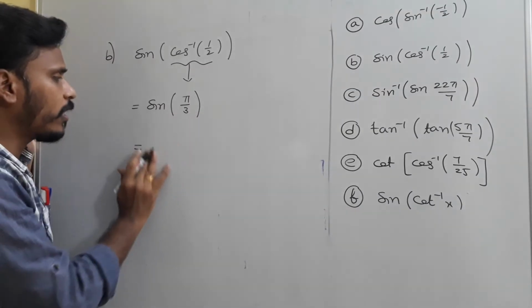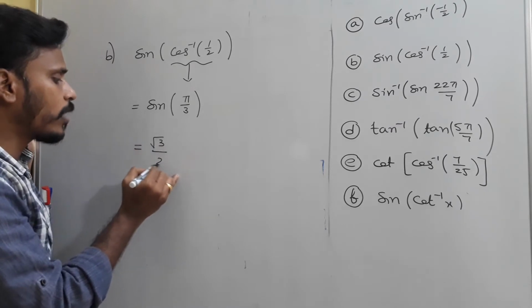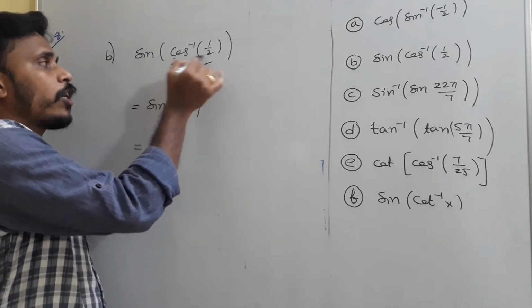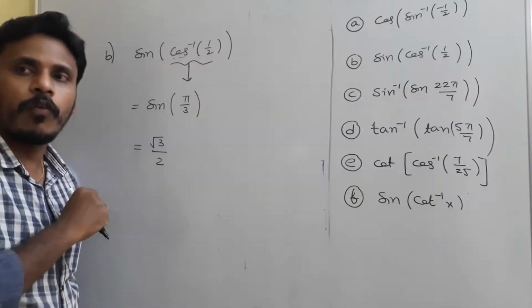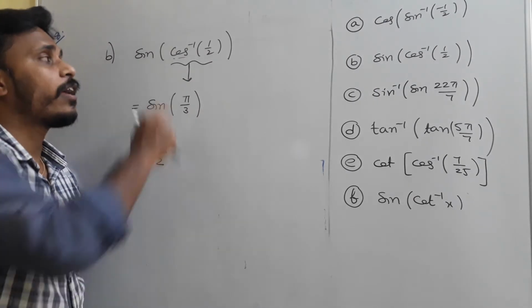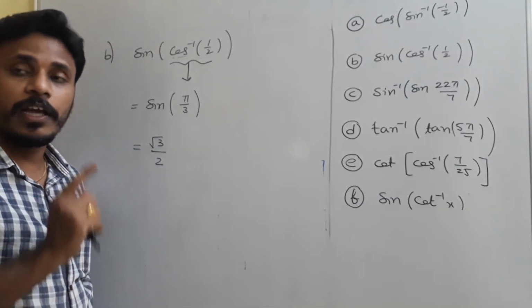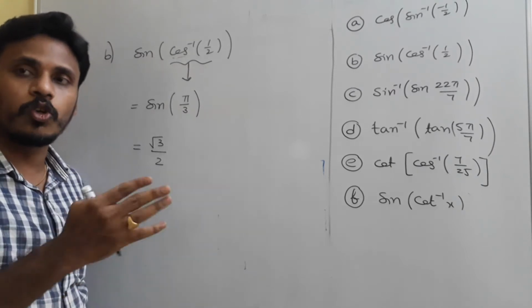Since sine of pi by 3 is sine 60 degrees, and sine 60 degrees is root 3 by 2, your answer for the problem is root 3 by 2. While identifying the angles corresponding to inverse trigonometric functions, we need to think about the input, that number. If that number is positive, for all the 6 trigonometric ratios, your answer should be in the first quadrant. If that number is negative, then your answer is either in the second quadrant or in the fourth quadrant. If it is negative, you need to think for some time. If it is positive, don't worry, just go with the first quadrant.